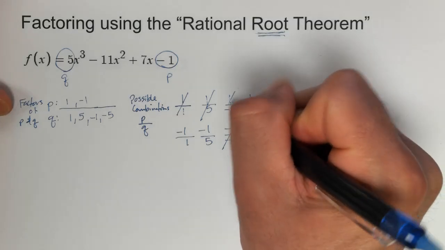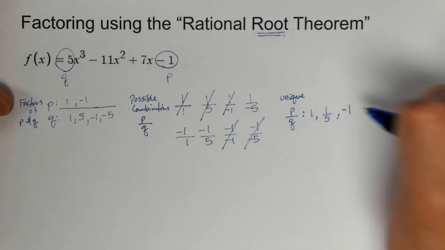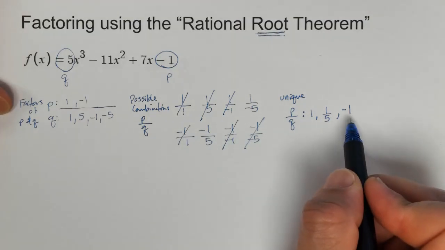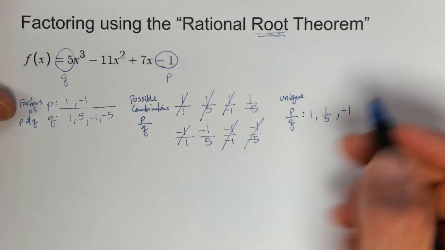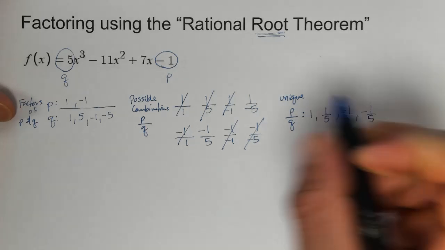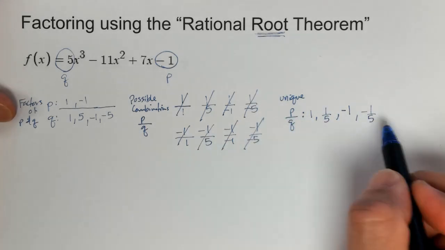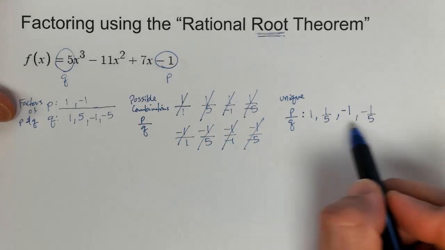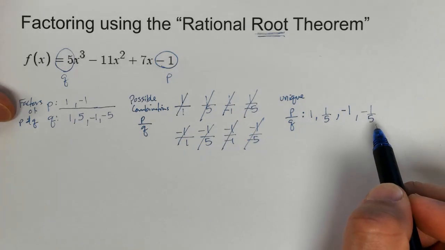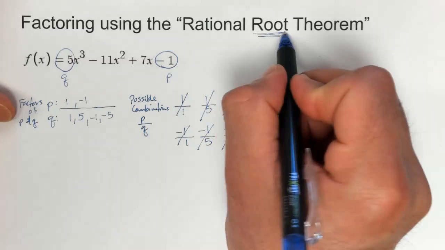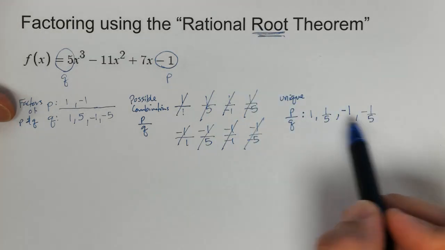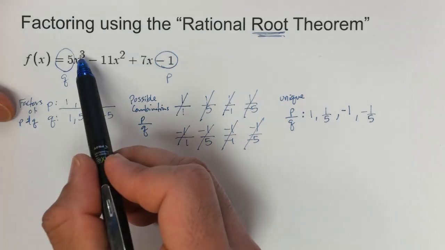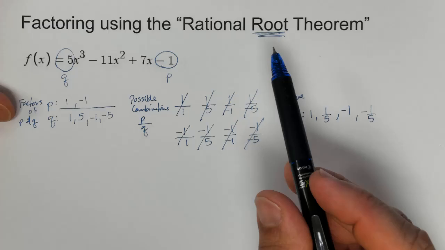I can divide 1 by -1. That's -1. And I can divide -1 by 1, and I also get -1. And then lastly, as you can see, 1 over -5 is -1/5. And -1 divided by 5 is also -1/5. So out of 8 possible combinations, we have 4 unique numbers, right, that are going to be roots. Now from these 4, 1, 2, or maybe all of them, well, at most 3, right, will be the x-intercepts